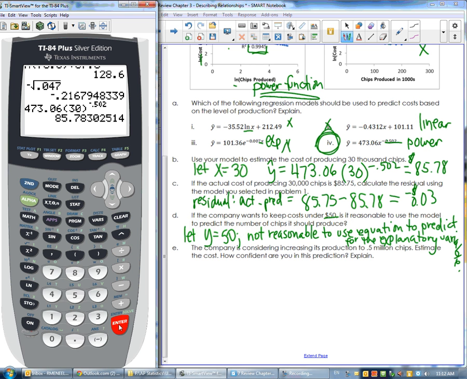And I'm running out of space. Okay. And then it says the company is increasing its production to 0.5 million chips. Estimate the cost, and how confident are you in this prediction? So 0.5 million would be 500,000, really. If I let x equal 500,000, that means I'm letting x equal 500. So I can certainly plug that in. 473.06 times 500 raised to the negative 0.502. And if I plug that into my calculator,